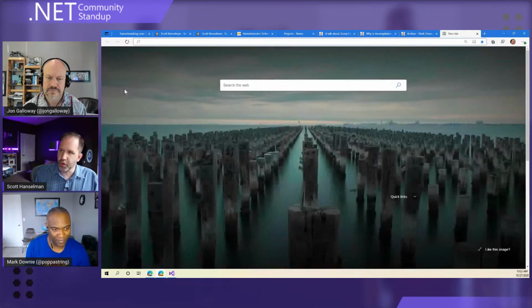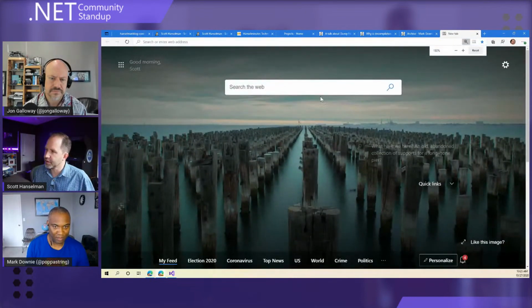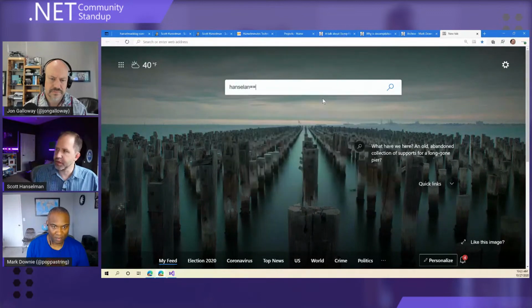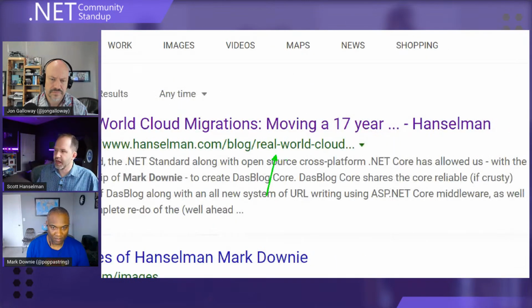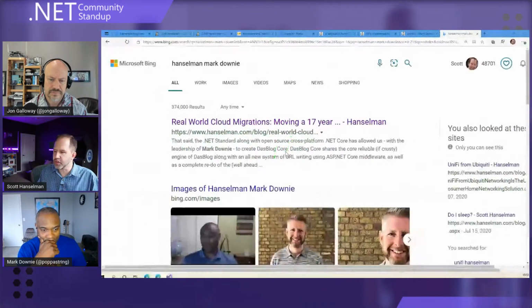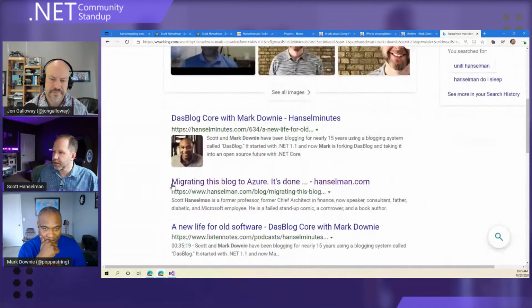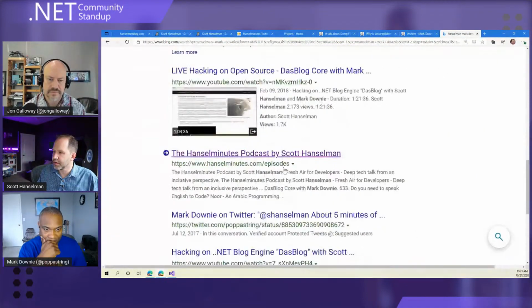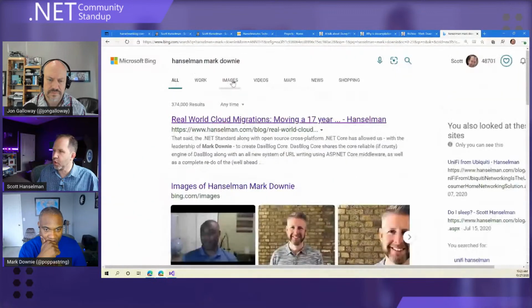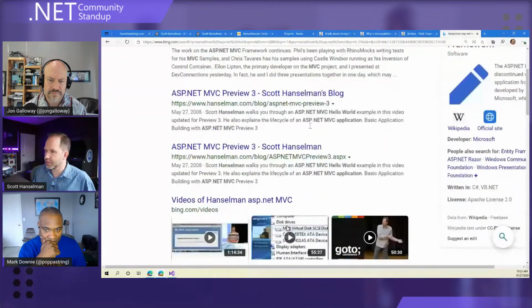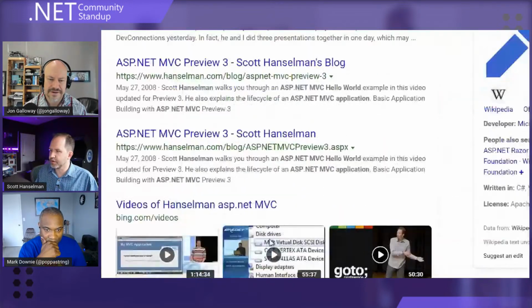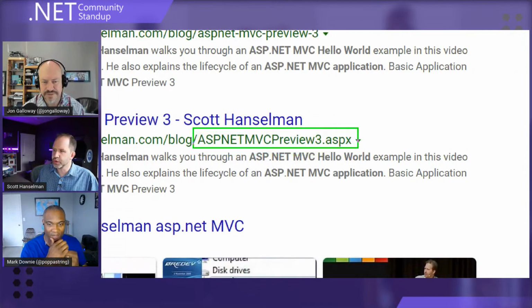So that actually brings up a good point. If we go out here and we search for something, search for Hanselman, Mark Downie, if we find a blog post. So here we see that a search engine has already noticed that I've changed the URL style. Okay. Here's another one. And if we try to find an older thing, here we go. Let's look at this URL here. So that's the web form style one, right?